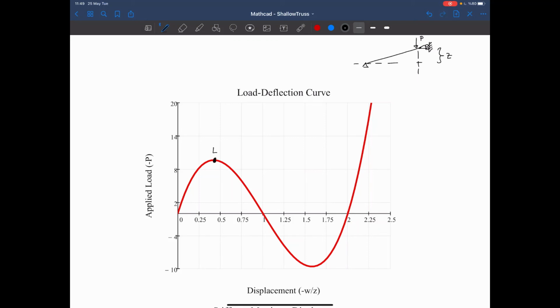That's our limit point. And after that limit point, we see a dynamic takeoff. So as it moves down, somewhere here, due to the geometry, the structure doesn't create enough resistance in the vertical direction. So it becomes unstable and it dynamically takes off. So it moves, and then when